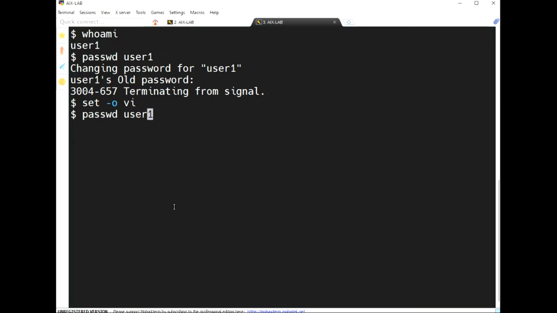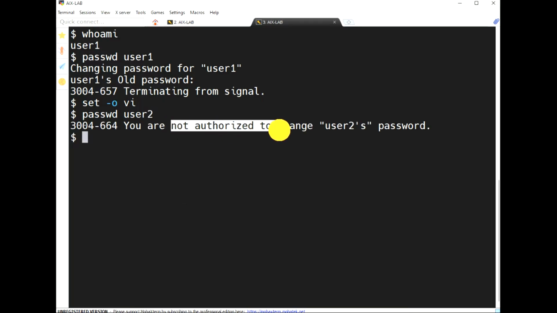I'm going to change user two. It shows unauthorized to change the password. Now how to change another user's password? If you have a root user, then you are able to change the password, or else